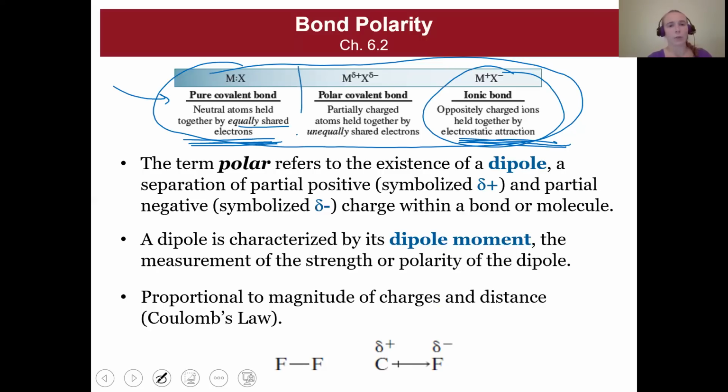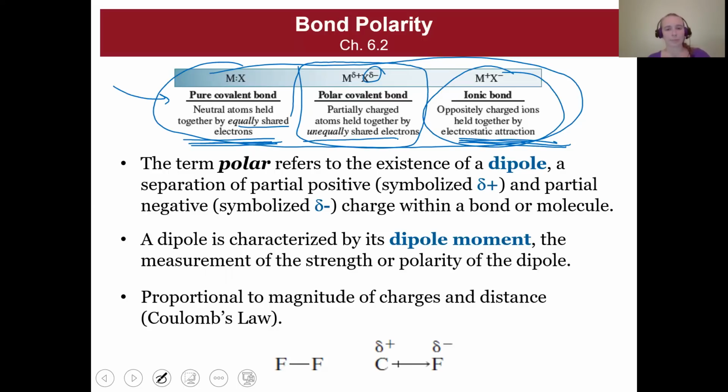And then in the middle here, we have these polar covalent bonds. So we're going to see that there is something in between these covalent molecules and ionic molecules, and those are polar covalent bonds, where we have partial charges, as we'll explain in a little bit here,